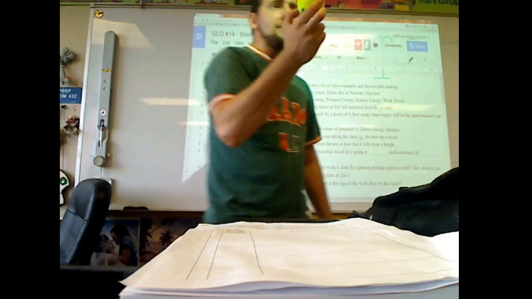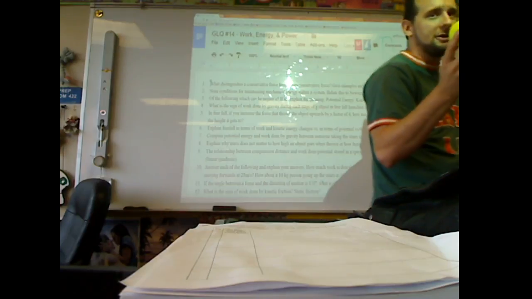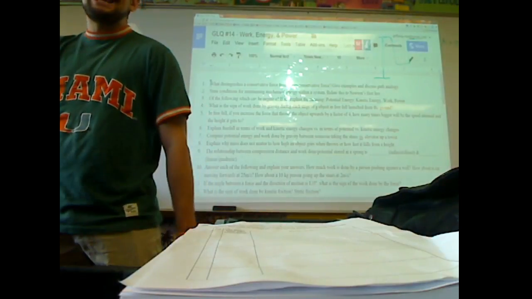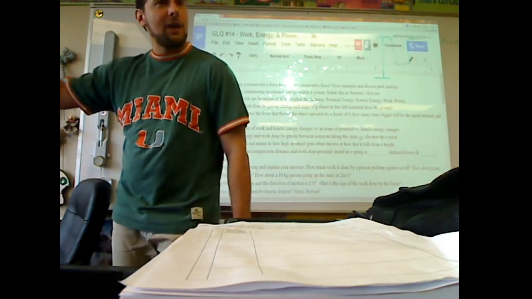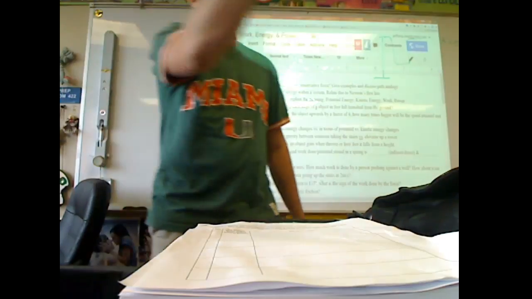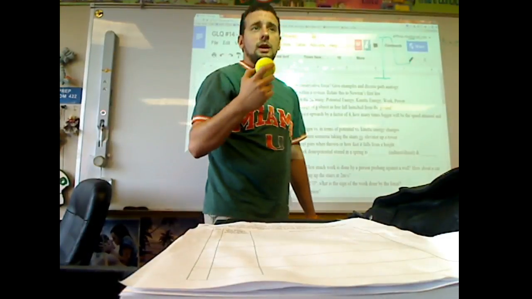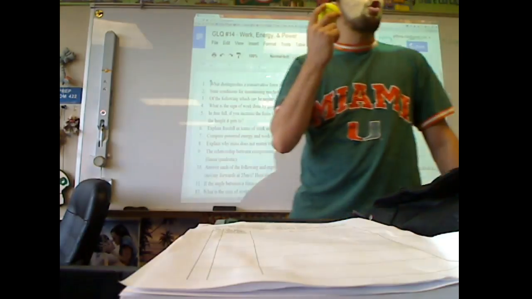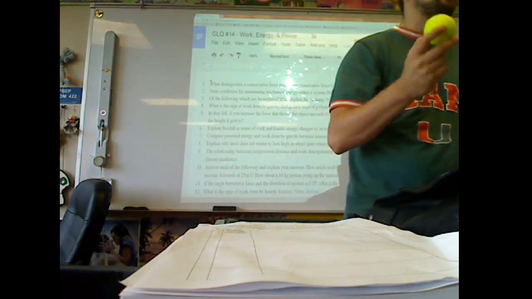Does that make sense? Then remember that this thing goes around the sun in 1 year. So even if you stop the Earth's rotation, this thing is going around the sun. That's a huge circle. It takes 8 light minutes for light to get here, and that's the radius. So if you do 2 pi r with that, and then you figure out the distance, and you divide it by 365 days, and then you divide it by 24 hours, and then by 3,600 seconds, you can get the actual speed of this ball going around. It is incredibly fast. We're going at something ridiculous. Humans have never made something go that fast.